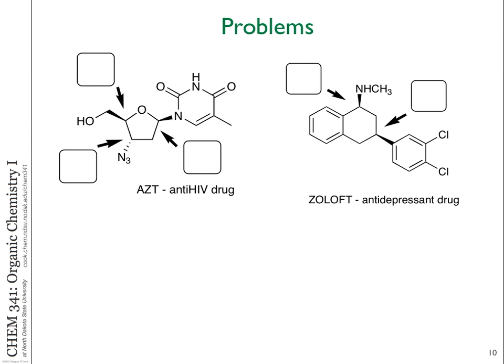Okay, R and S. Is anyone still having a problem determining configuration, R and S configuration? There are a number of examples out there. Here's some. Let's take, for example, this Zoloft. Zoloft has 2 stereocenters. Let's take a look at this one and determine R and S. So you have to figure out the priorities, right? The lowest priority group, in many cases, is hydrogen, but if there's no hydrogen on the carbon, you have to think about that. In this case, hydrogen is going back,